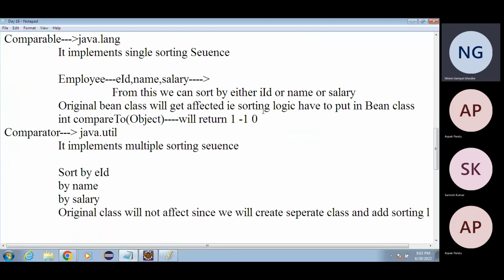So if two records are compared, what is the sorting sequence, the ID, name or salary? If the two values are the same, it will return 0. If the first one is greater, it returns 1. If the second one is greater, it returns minus 1. Exactly the same way,